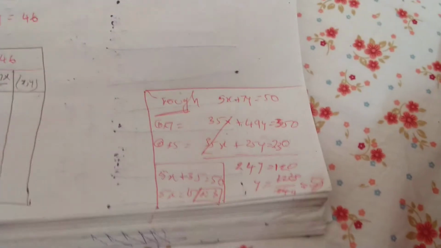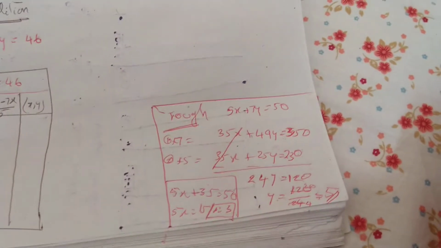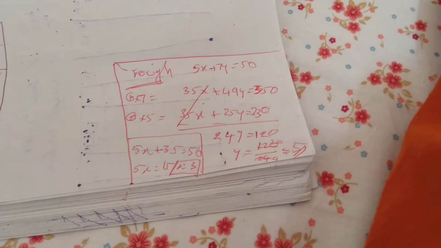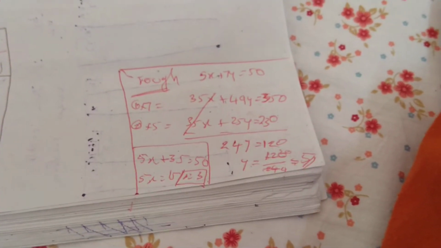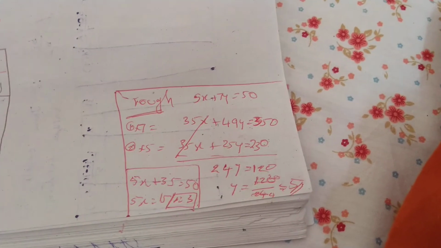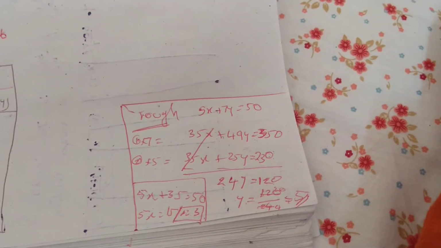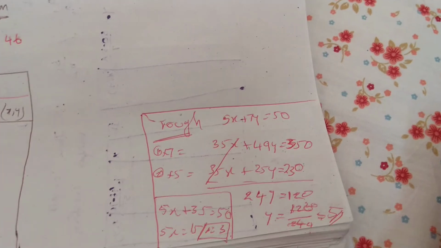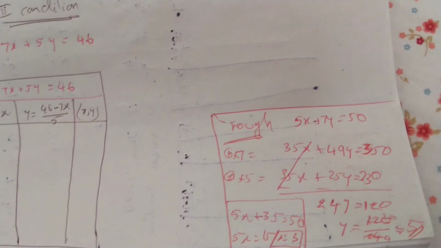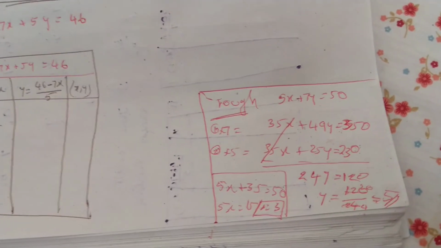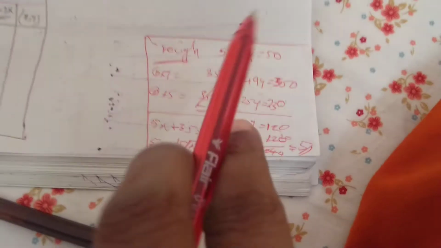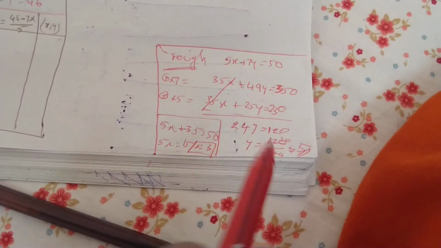So children, now I know what is the solution, and that means the cost of each pencil is 3 rupees and cost of each pen is 5 rupees. But this is not the method the examiner is expecting from us, but the other way around, whatever is shown right now to us, like finding the different values and then showing it. Because directly if it is only a question to be asked, solve the two and then find, this is okay.